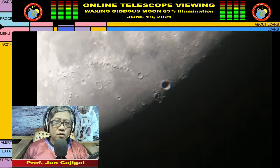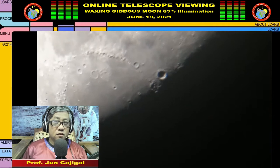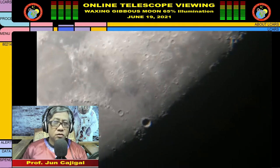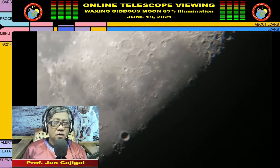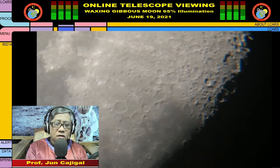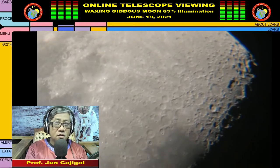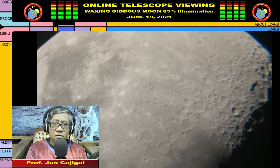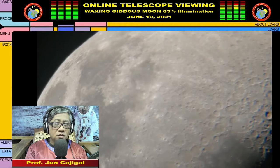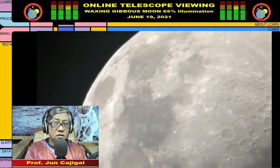Okay, that's the Copernicus crater, mga ka-spacers. So, Copernicus, that crater was named after the prominent, renowned astronomer Nicholas Copernicus. So, siguro kilala niyo na si Nicholas Copernicus. Nicholas Copernicus gave the idea that the sun is at the center of the solar system. So he gave us the so-called heliocentric model of the solar system, placing the sun at the center and not